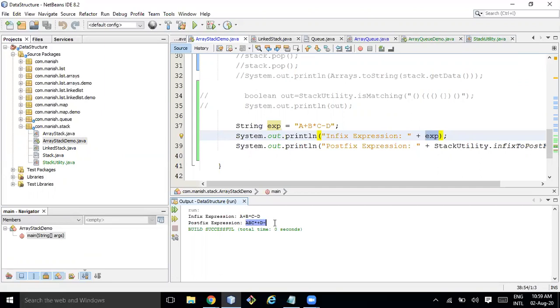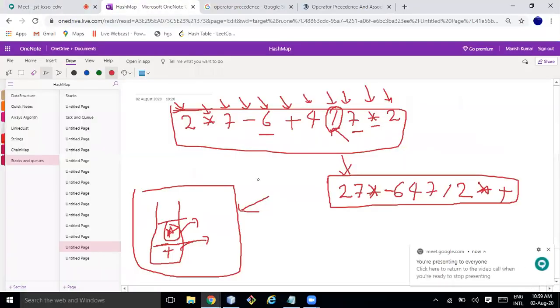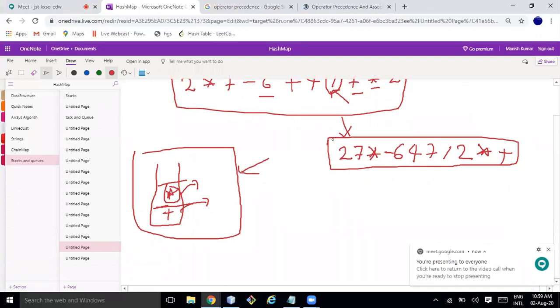Another follow-up question may be, if you are given a postfix expression, you need to calculate the value. This is just a follow-up question, and the implementation should be very similar. So you have a postfix expression, and I will be giving this as an input and ask you to give me the value of this one.